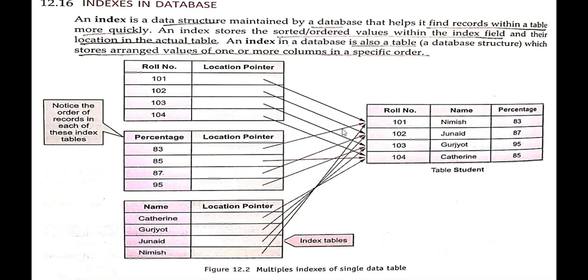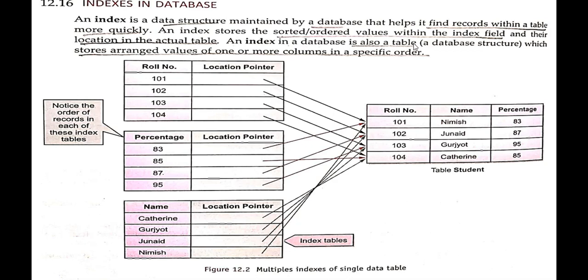So in this way the index will be created, means like you have different chapters of the book, they will be marked in the index for quick reference. Okay, like here roll number is, every entry has been marked here and it can be easily accessed with the help of this index.